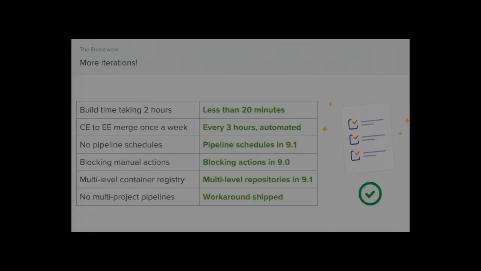We are now merging GitLab Community Edition to Enterprise Edition every 3 hours, and this is an automated process. It's not really relevant and important for GitLab QA right now, because after we moved test scenarios to CE and EE, Enterprise Edition lagging behind is not a huge problem anymore, but it's much easier to develop features when these